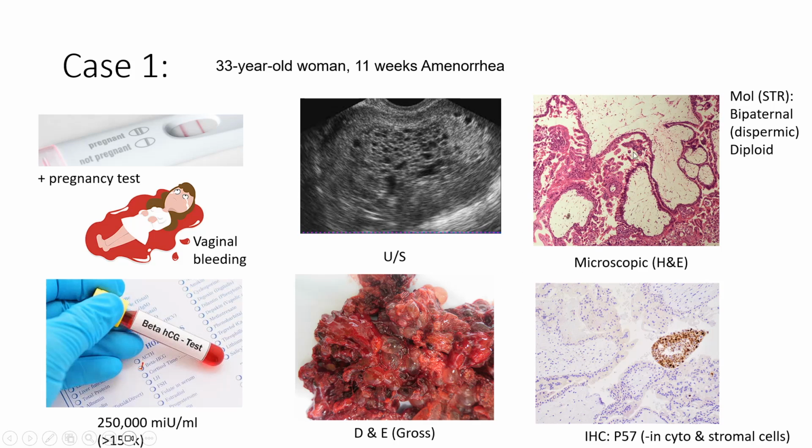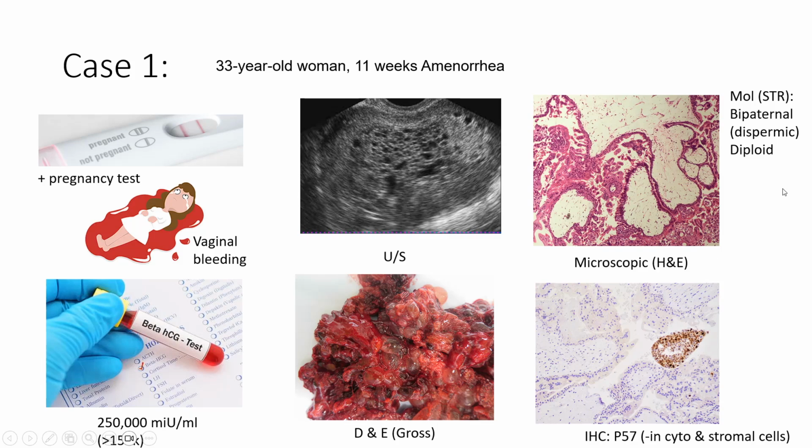If you can notice, there are some things that are like vesicles or like grapes or something like this. Under the microscope, we had this picture of dilated villi that were hydropic. Again, they had actually trophoblastic proliferations. The whole slide looked like this. Then we had a new kit for the IHC P57, and we thought, why don't we try it? The P57 gave us negative results in the cytotrophoblasts that are lining the villi and in the stromal cells in between, except for the positive internal control.